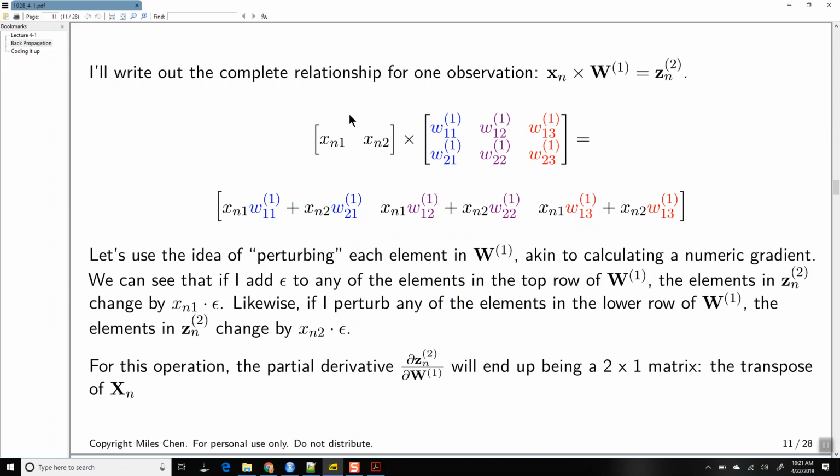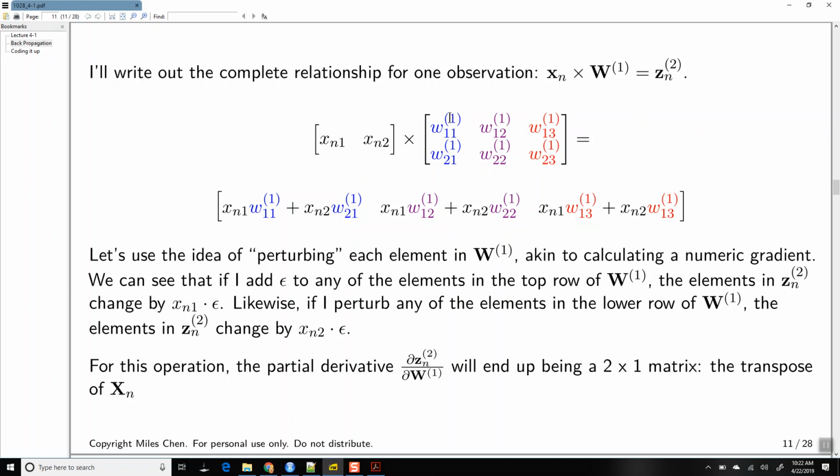And I do, you know, this times this produces the middle value, and this times the last column produces the third value. So zn is a 1 by 3, this is 1 by 2, this is 2 by 3, okay? And so if we just take our coarse definition of a derivative or gradient, like in a numeric derivative, or numeric gradient, if you just take,